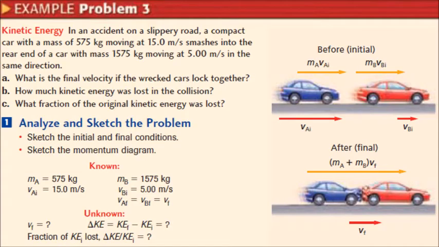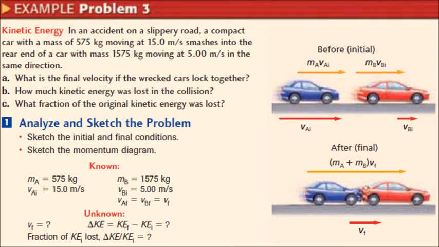So now let's take a look at example problem 3. In an accident on a slippery road, a compact car with a mass of 575 kilograms moving at 15 meters per second smashes into the rear end of a car with a mass of 1574 kilograms, moving at 5.00 meters per second in the same direction. What is the final velocity if the wrecked cars lock together? And then part B, how much kinetic energy is lost in the collision, and what fraction of the original kinetic